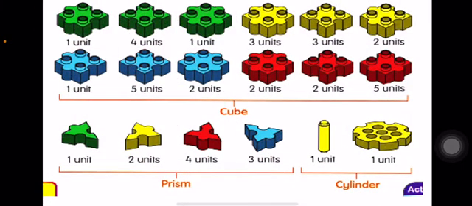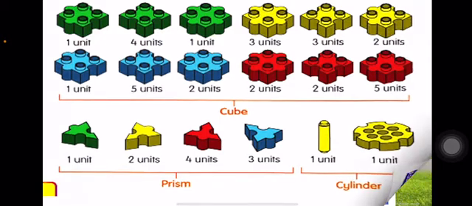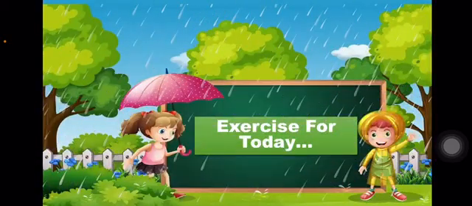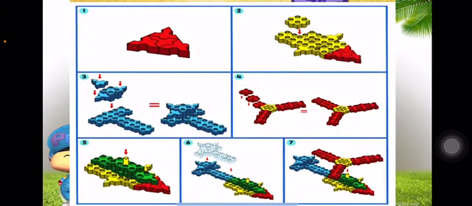Okay, this one, you will have all the units in the building set box. Okay, this one is the steps for how you want to build the model of the helicopter.